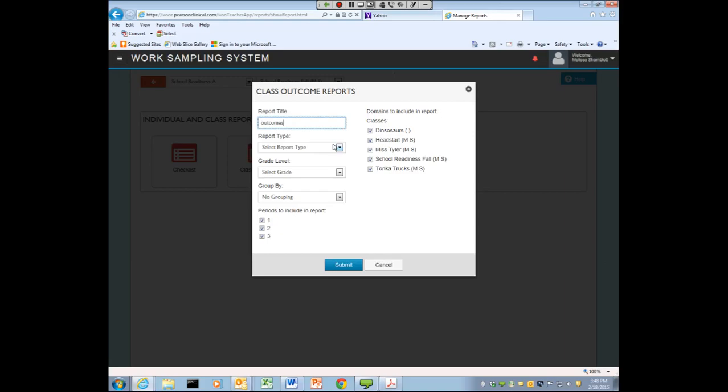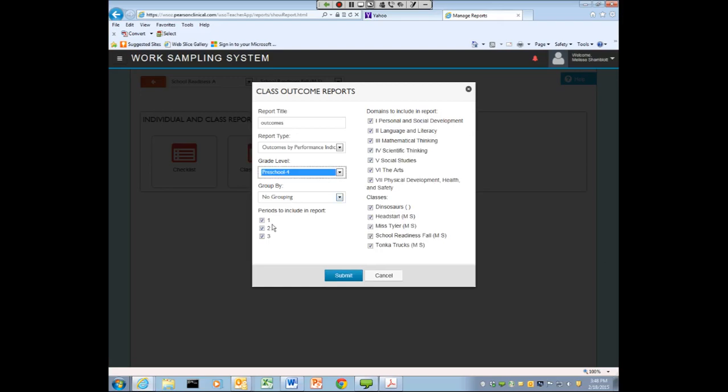But when we make more options, it can take a little longer to generate, and so I'll just show it to you here. So when you are ready to put together an outcome report, you have the option of seeing things at the domain level, functional component level, or performance indicator level. So depending on how much data you want or what you're really interested in, sort of reflecting on your reason for running the report in the first place,